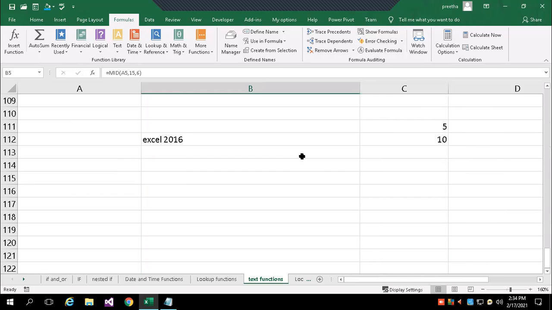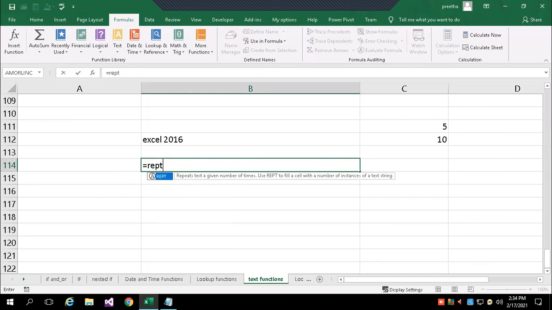What is REPT here? The same text can be repeated a specific number of times. Let's say here I just write NICT, one space. Now I just put one star for 20 times.